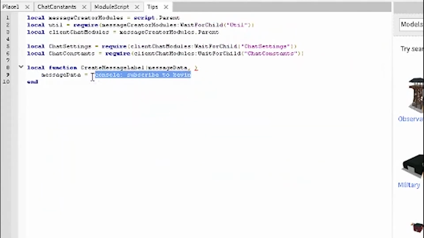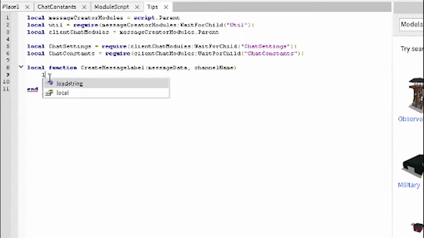So we're going to go back here, and then we're going to define the second variable, and this is going to be the channel name. Remember how we wanted it to say this console message to all, so your channel name is going to be everyone. Then we do local base frame,